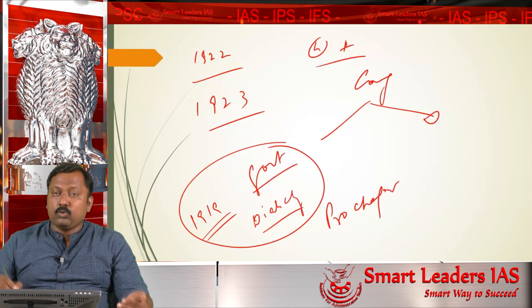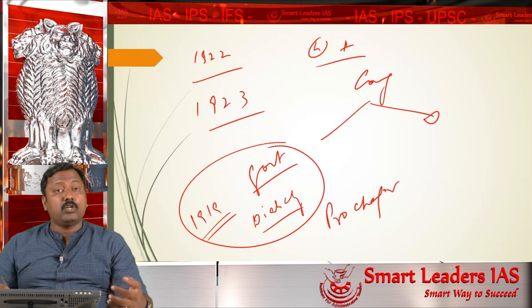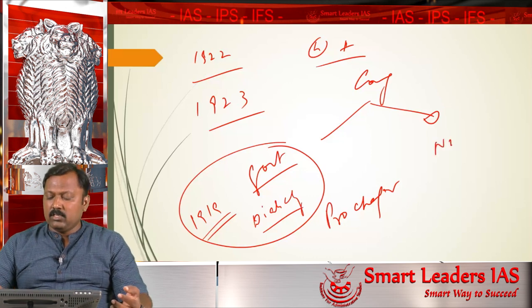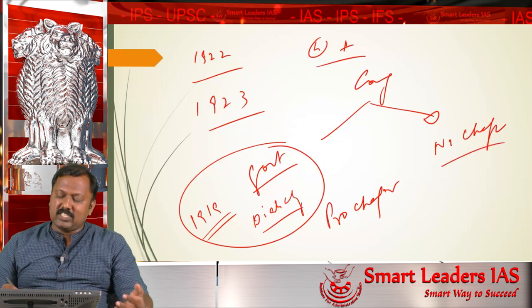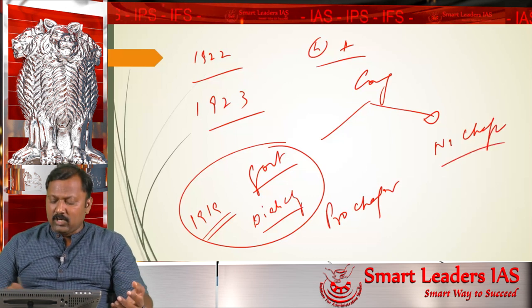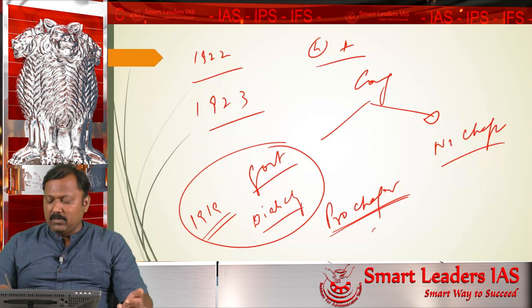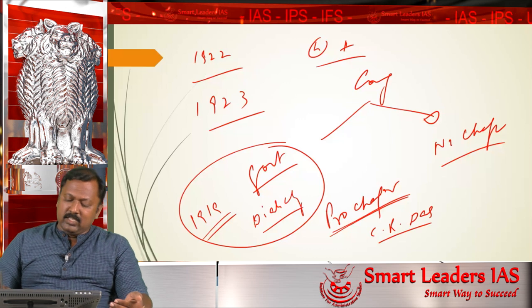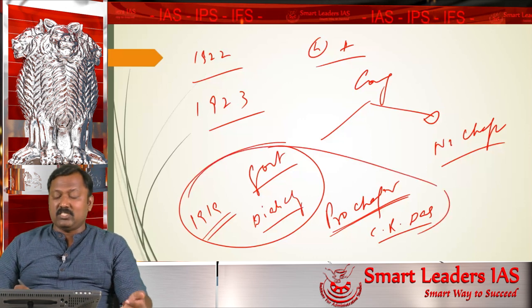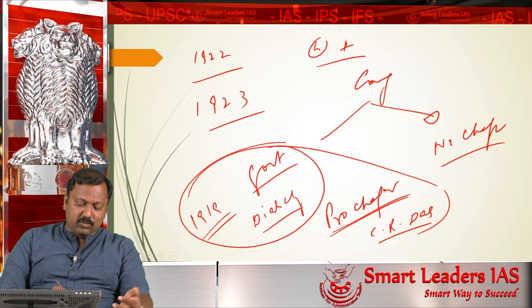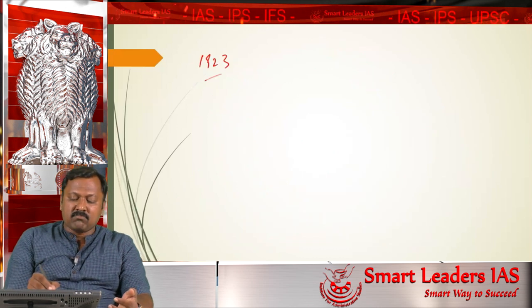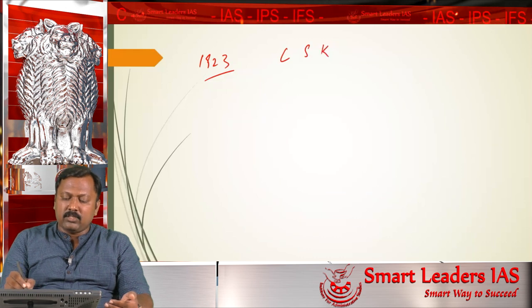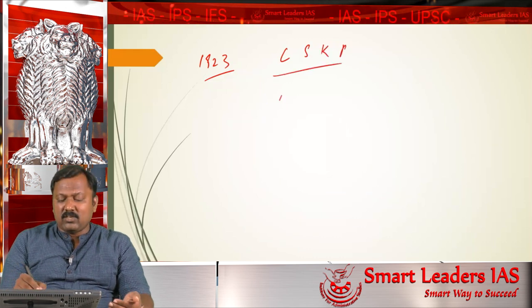And some people who did not want to take part in the government formation, who wanted to go to the villages and work for the upliftment of the masses, were called no-changers. So the pro-changers and the no-changers differed largely, and you must know the pro-changers were led by a person called C.R. Das. The majority of the Congress did not like the attitude or the participation of the pro-changers in the government. So C.R. Das in the year 1923 forms a party called the Congress Swaraj Khilafat Party, or simply called the Swaraj Party.